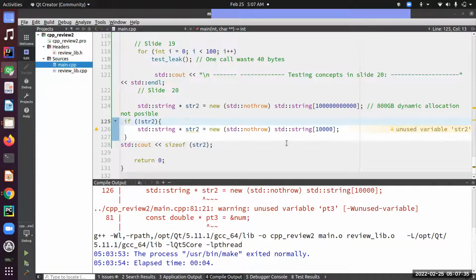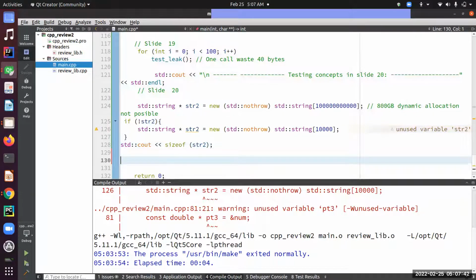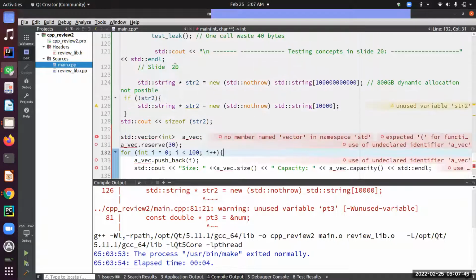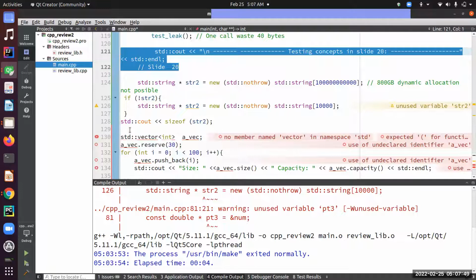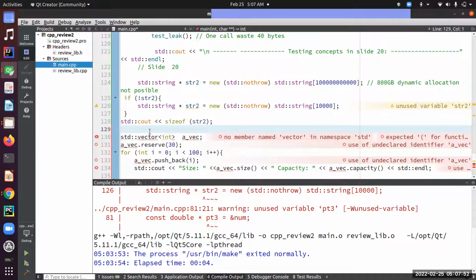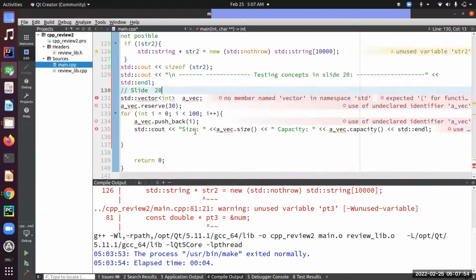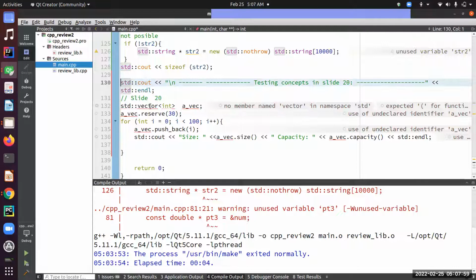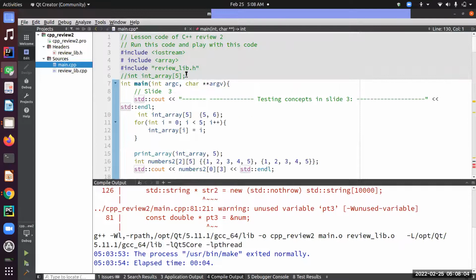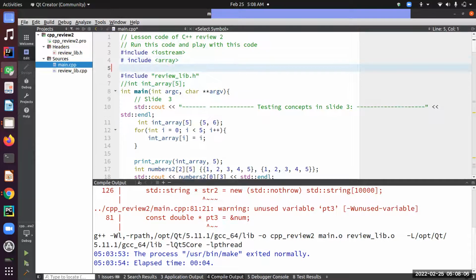All right, so let's do it over here. So I'm going to copy this. To declare a vector, we use std::vector, and then it's complaining that we don't have it, so we're going to go to the top and get that library. Okay, so include